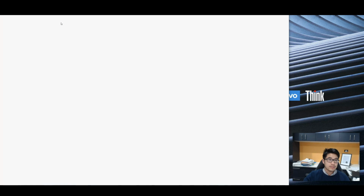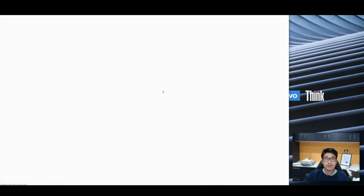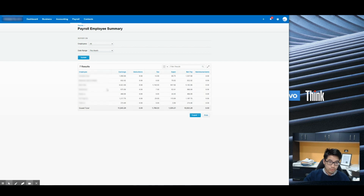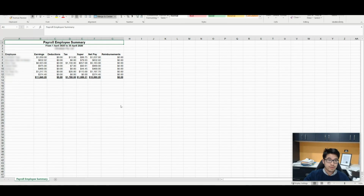The next step is to go into accounting, go into reports, and then scroll down to payroll employee summary. So why we have to do that is we need to work out what is actually paid in the month for each employee. And then we need to total all that and work out what the excess we need to pay to make sure that the payroll matches what's needed to be paid to get the JobKeeper payment. So you export this into a CSV file,